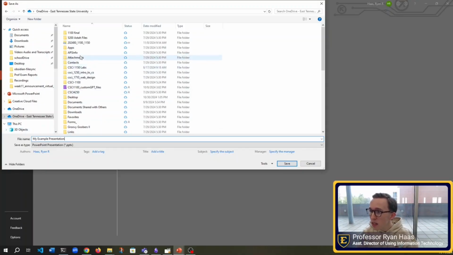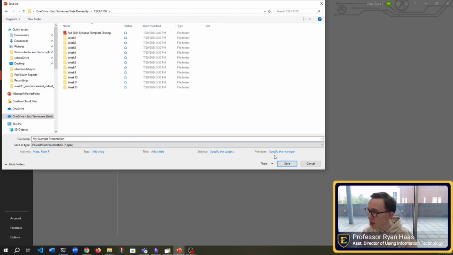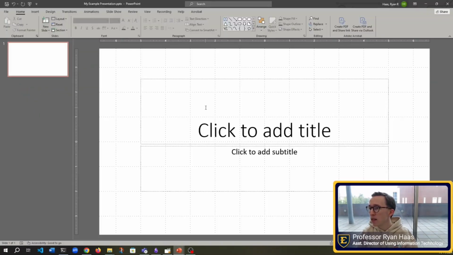presentation, and I'll just leave it right here, or I'll put it in this folder. And now you'll notice the icon up here has changed to where previously it was a floppy disk. Now it's a floppy disk with this little circular arrow symbol, and that means that it's auto-saving.